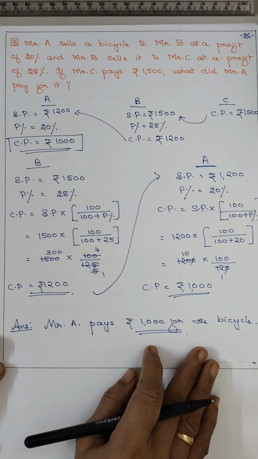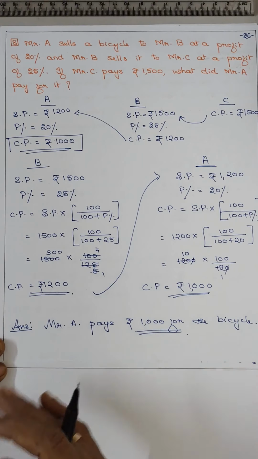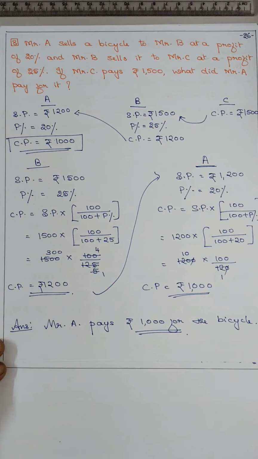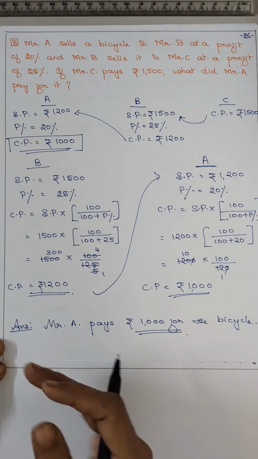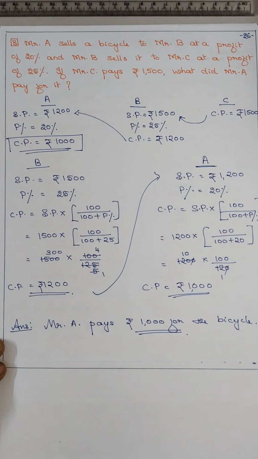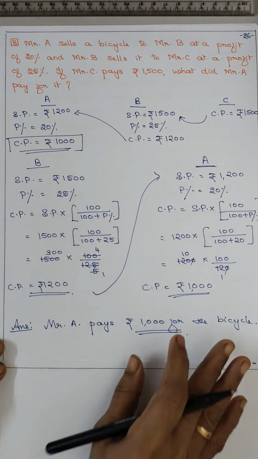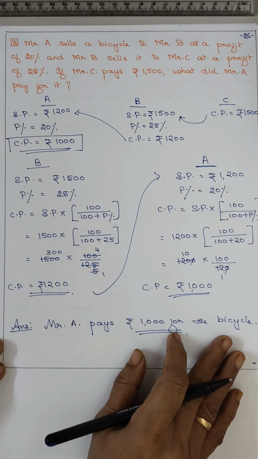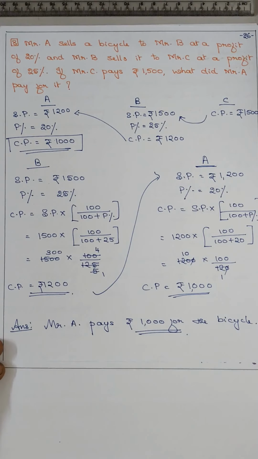This sum also you have to do 2 or 3 times. You will be confident. You have to understand the concept. Why? For one person, the seller, it is sold, but when we buy, then it is CP. Okay, you understand it like this, then it will be easy. Okay, bye, thank you.